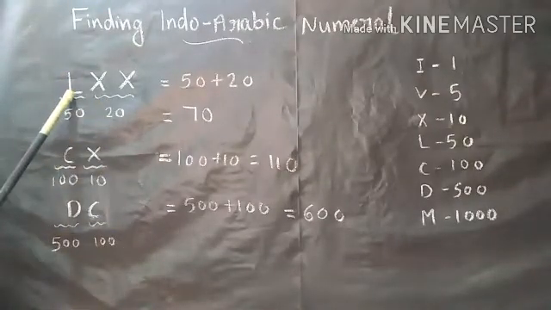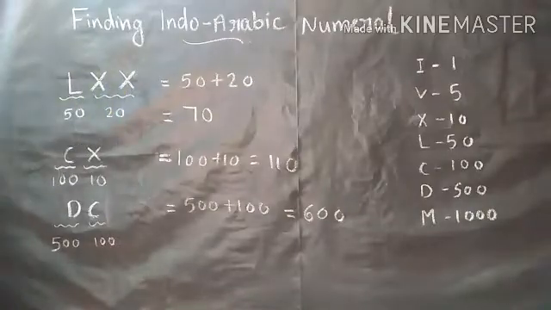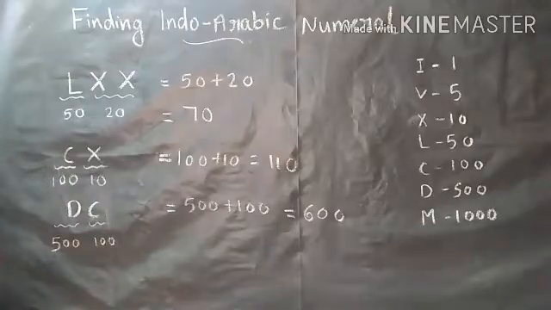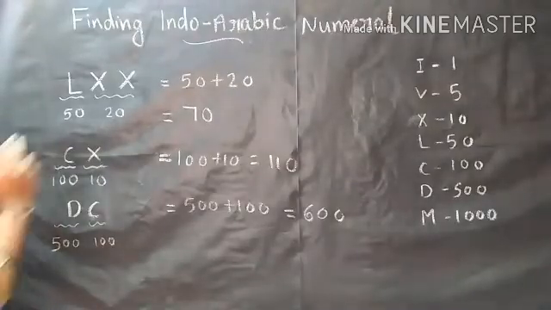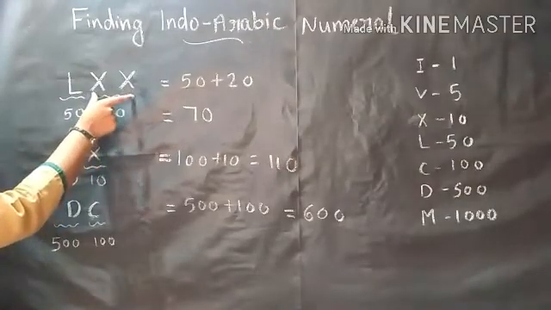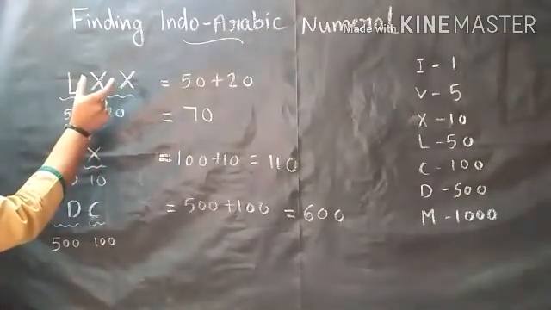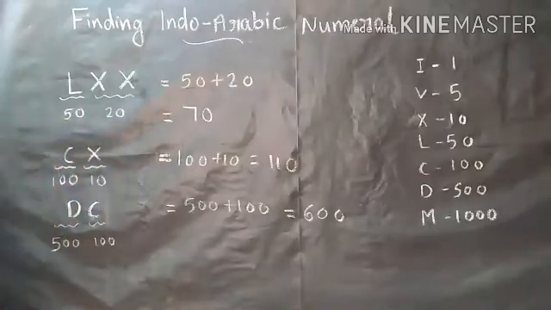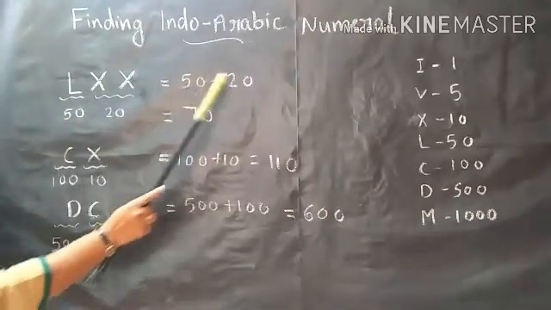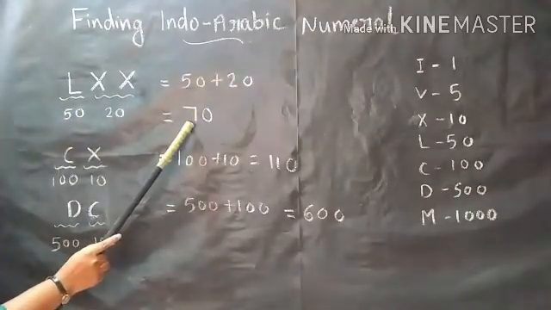Consider this Roman numeral LXX. It would be better if you start from the right side and separate the letters. The repetition of a letter means you can consider them together. Here I am going to start with the right side, so repetition of letter, I am going to consider together XX. What is the value for XX? 20. Value for L? 50. Next, you should add all these values, then you will get the corresponding Indo-Arabic numeral.